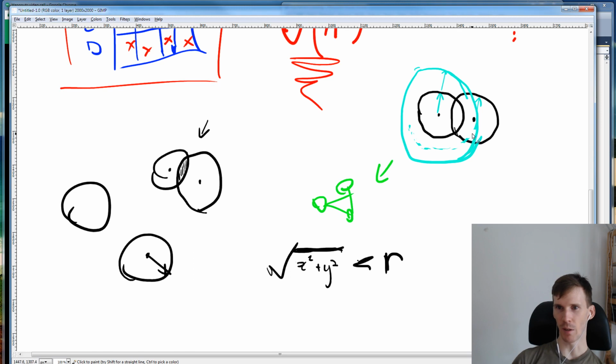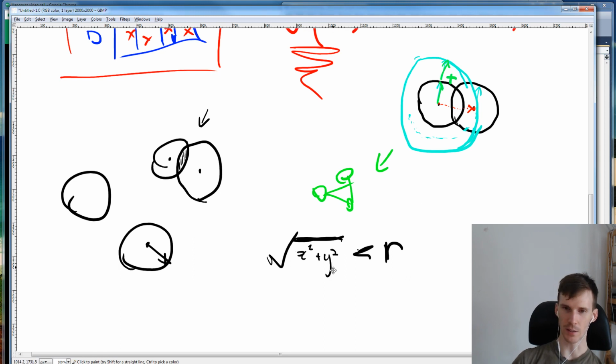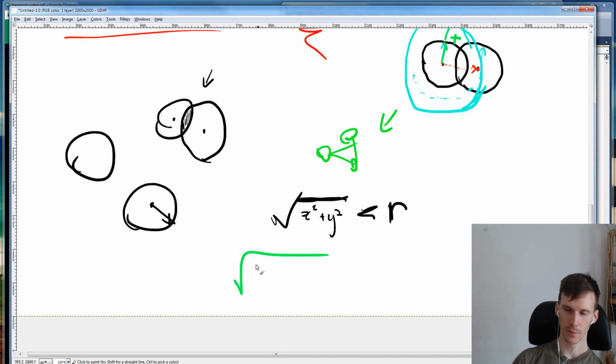So this is basically what we're going to do. We're going to say if the distance of this point to this point, if this distance here is inside a circle with the radius of that plus that, then it's in this intersection. So that looks like, if the delta x squared plus the delta y squared, delta being like this distance here,